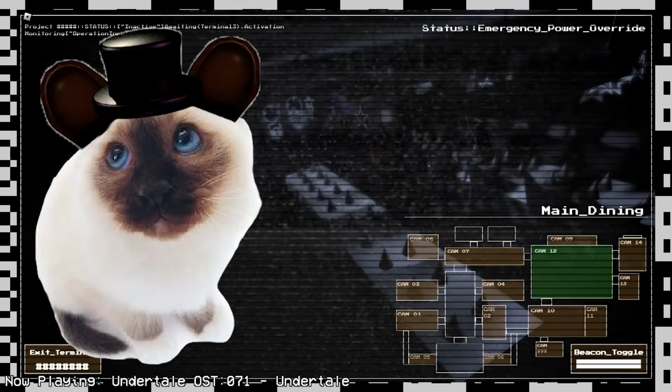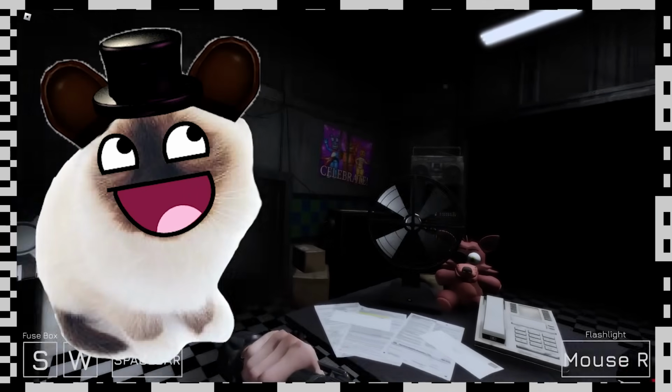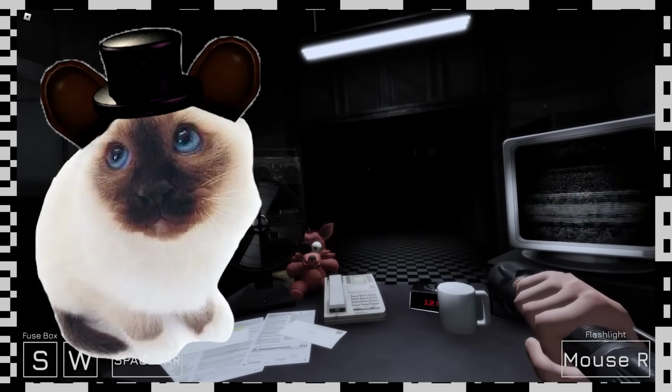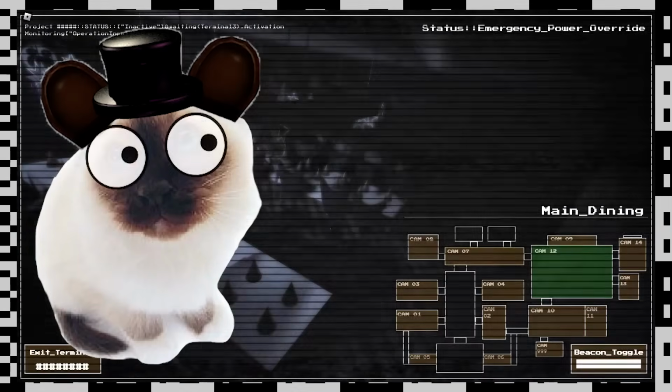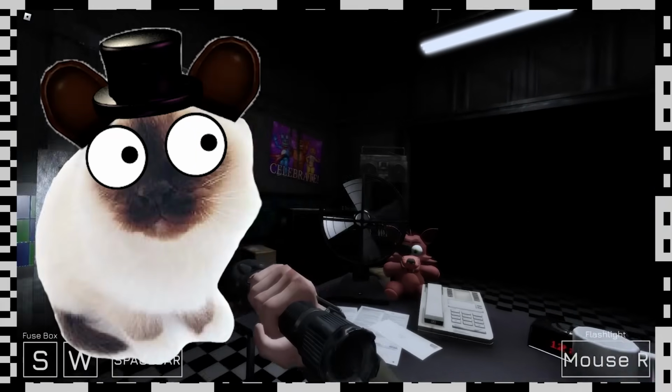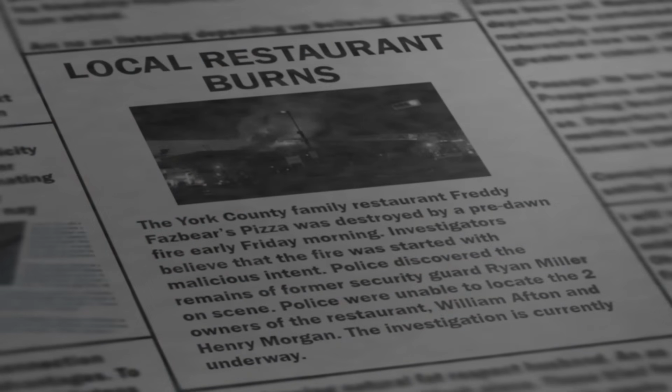FNAF 2 Reimagined is such an amazing fan game, and I applaud everyone who contributed to its development. The animation, gameplay, changes from the original, voice acting, and so much more are executed to perfection. The fact that it's all free to play and made in Roblox is just mind-boggling to me. The ending of the game was very cool and a unique spin on the FNAF lore, and I love how